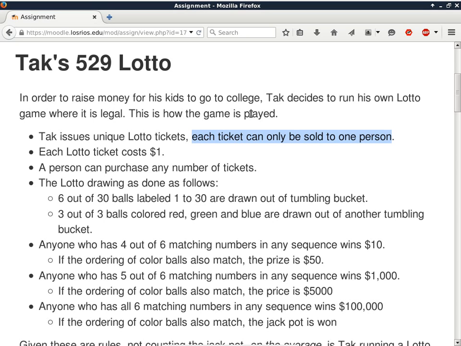Just to make it clear, if you consider 1, 2, 3, 4, 5, 6 as the numbers on the ticket, there will be 6 tickets with these numbers: one ticket with RGB as the color permutation, another one with RBG as a color combination.